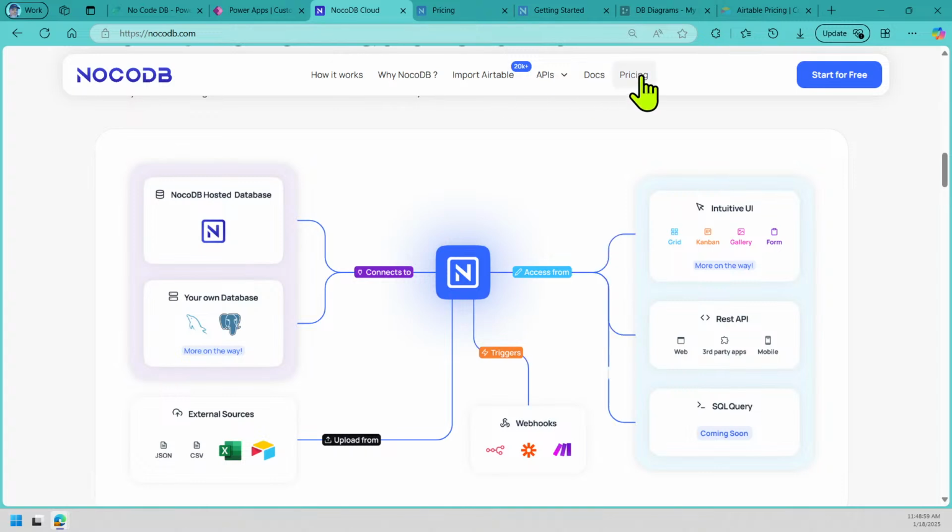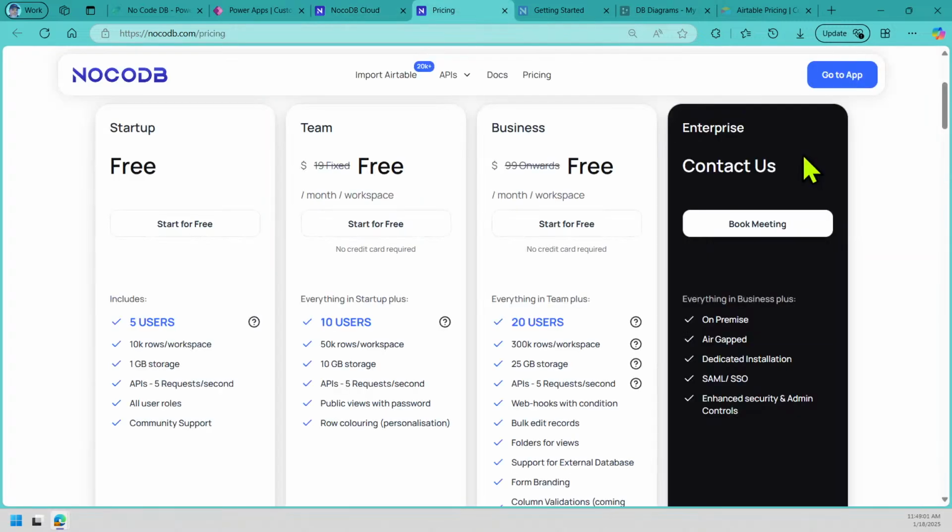So you could go here. Let's go over to the pricing. So it's free to get started: 5 users, 10,000 rows, 1 gigabyte of storage. That's not bad. 5 requests a second. That's not bad. And even if you had to spring for it, it's $19. Now we're getting up to around the cost of the